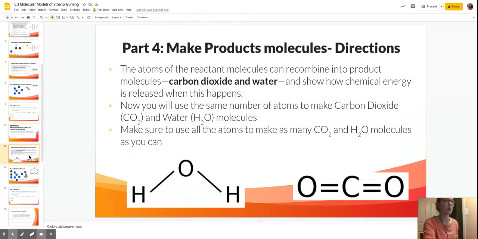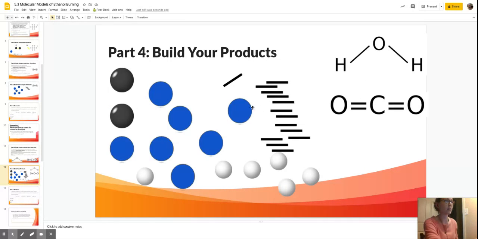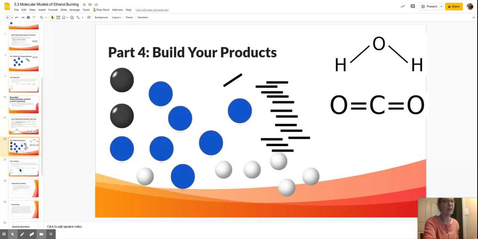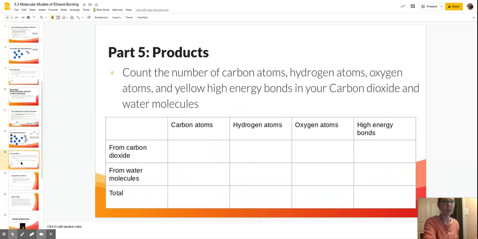For part 4, we're now going to look at our products. What you did on the slides before, like making ethanol, you're now going to do the same thing, except now we're making the models of our products. We're going to make water and carbon dioxide, since those are the two products made during a combustion reaction. When we burn ethanol, we take the ethanol and oxygen, and it gets rearranged into water and carbon dioxide. Then you count up all of your atoms again,